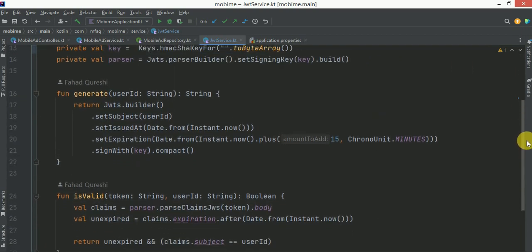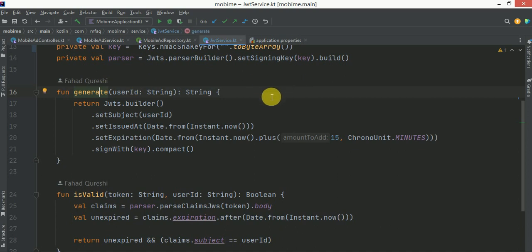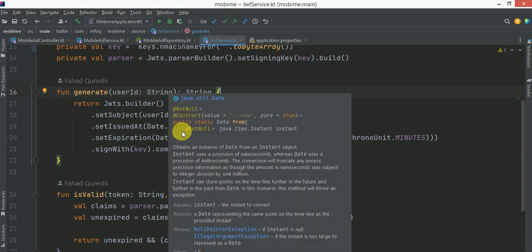After that, we will generate the JWT cookie. This function will be called each time the user logs in. So here we are building this cookie, and first of all we will build it and then set the subject to the user ID, and the